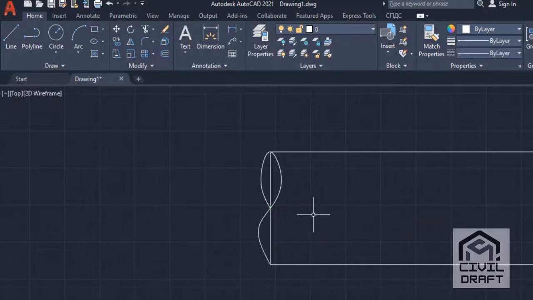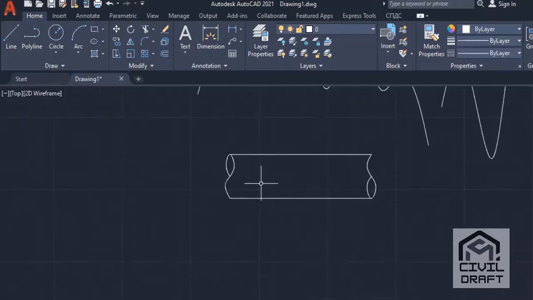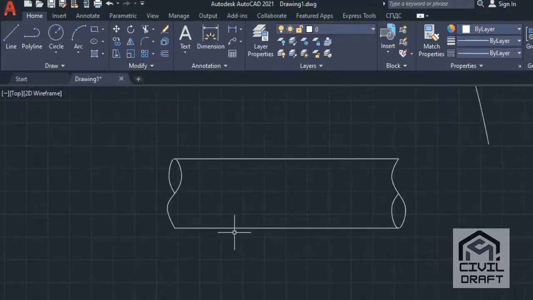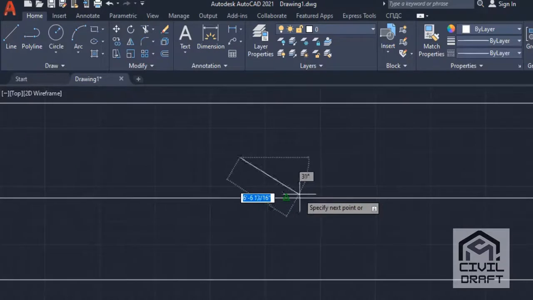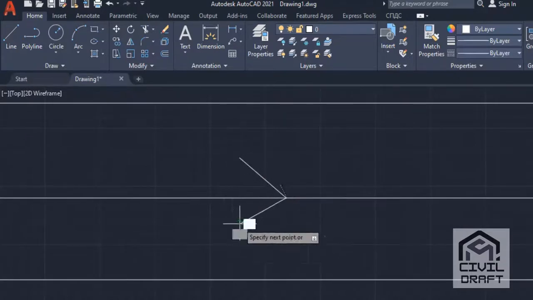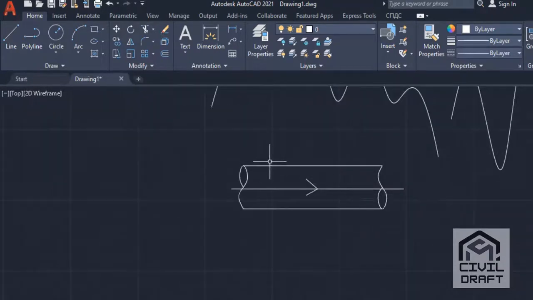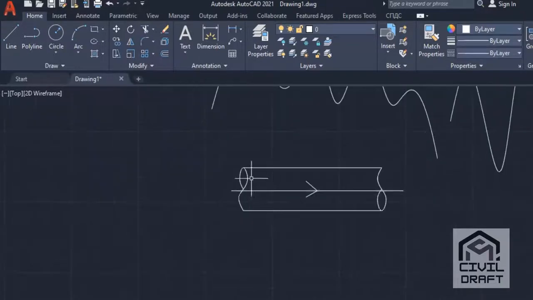Okay, now delete this line. Okay, I'll take the line command and give here, make an arrow here. In this way, we can make a symbol of pipe flow by using the spline command.